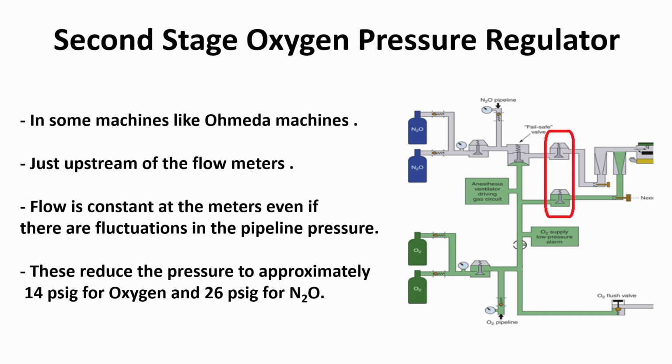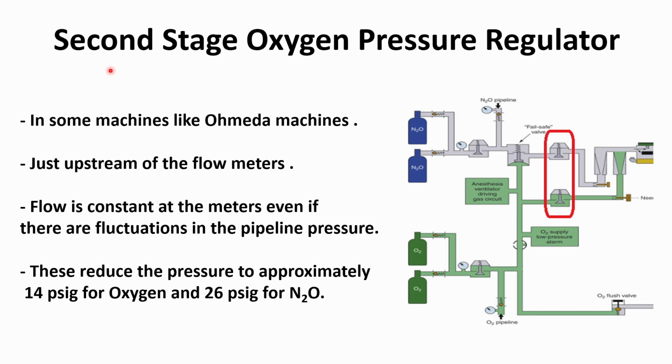and here is the diagram for all the pathways: fail-safe valve, oxygen alarm, flush, and the canister here in this side, and the volumeter. In some machines like Datex Ohmeda, they have something named